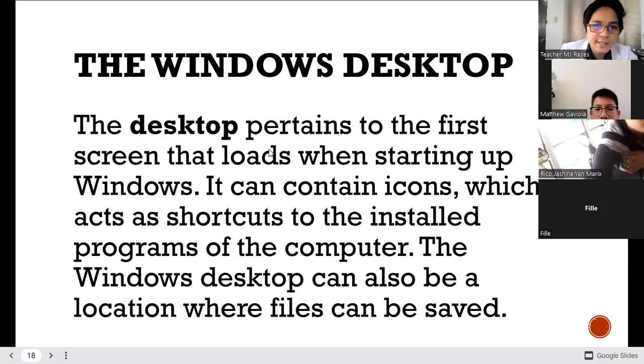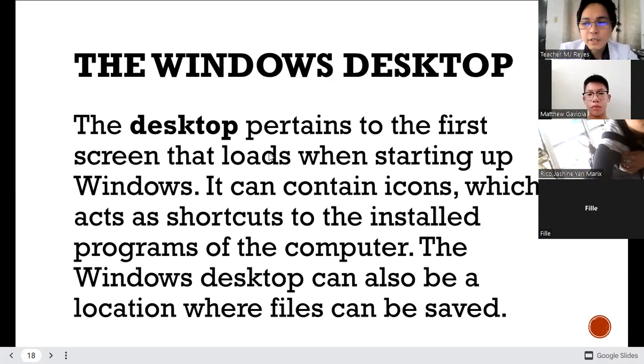The Windows desktop. The desktop pertains to the first screen that loads when starting up Windows. It can contain icons which act as shortcuts to the installed programs of the computer. The Windows desktop can also be a location where files can be saved. You can actually save your files on the desktop.